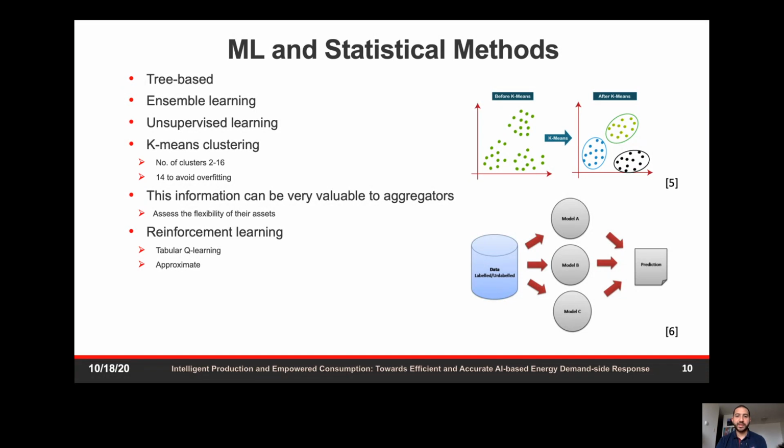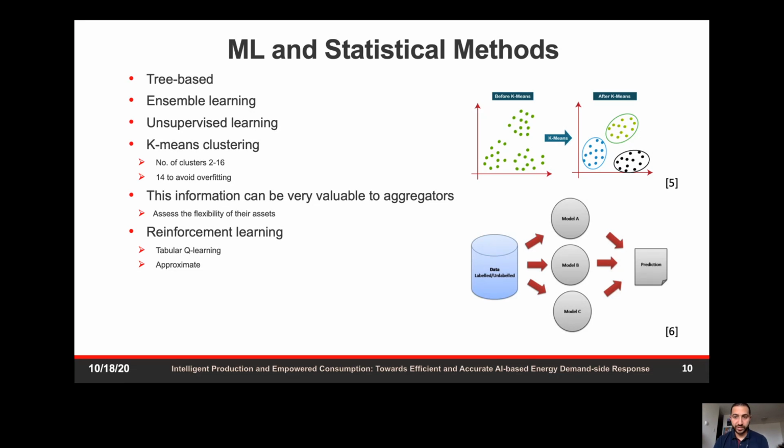Now, this has many challenges and drawbacks and benefits, but in terms of the demand side response, we really take into account, with unsupervised learning, we take into account the complexity and the unpredictability of loads, of how people use energy, and so on. In terms of k-means clustering,